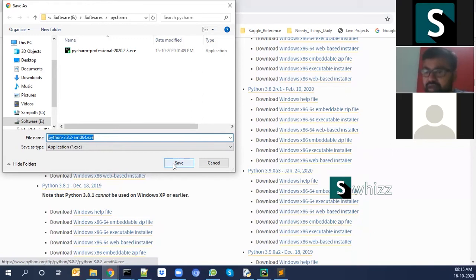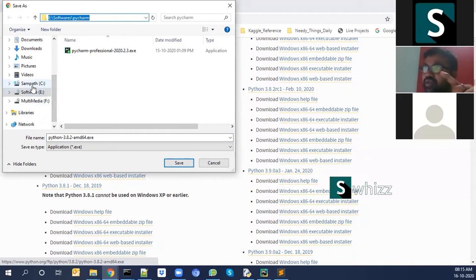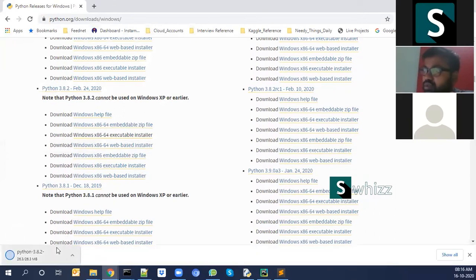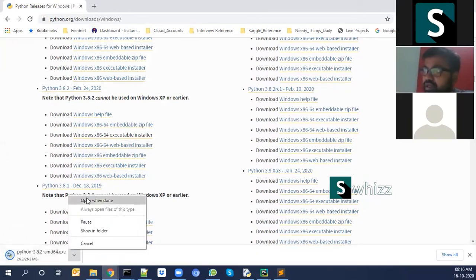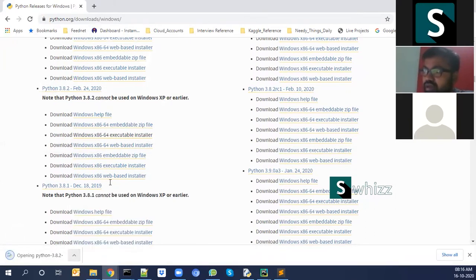You can save it in your specific folder, whichever path you choose. On the left you have the options of C drive, E drive or F drive, whichever drive you want to copy that exe file to. So once that is installed, you can open it, and you'll get the instructions.